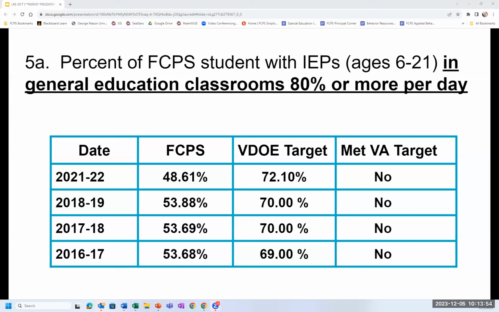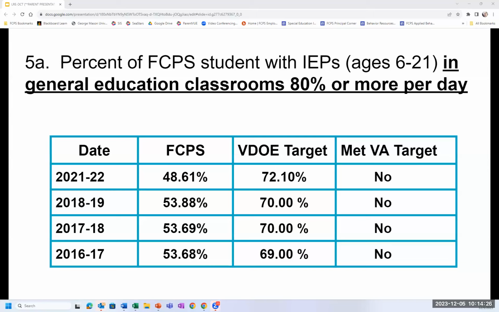This table shows that in 2021-22, 48.61% of FCPS students with IEPs ages 6 through 21 were in general education classrooms 80% or more of the day, which did not meet the Virginia state target of at least 70% of students receiving services in general education classrooms for 80% or more of the day.